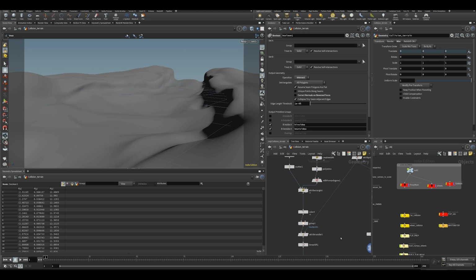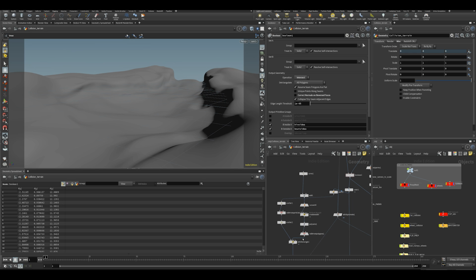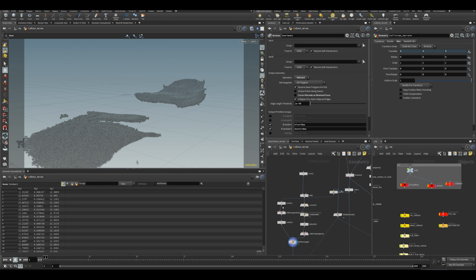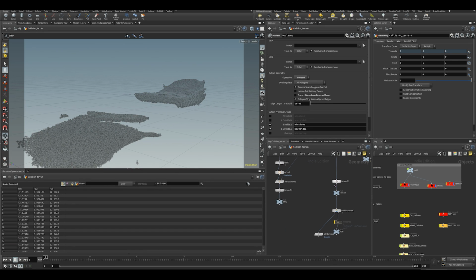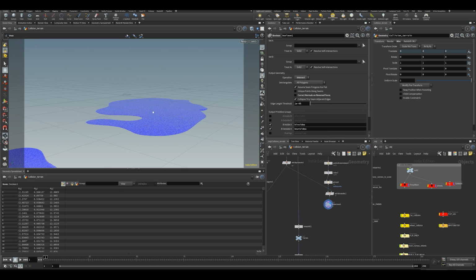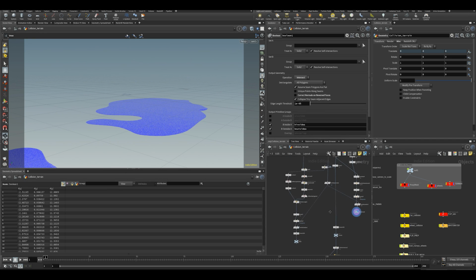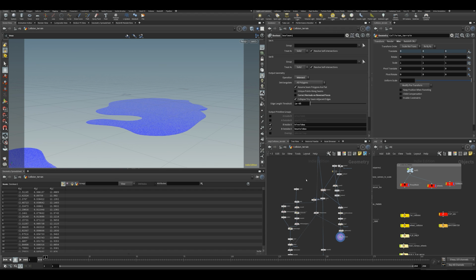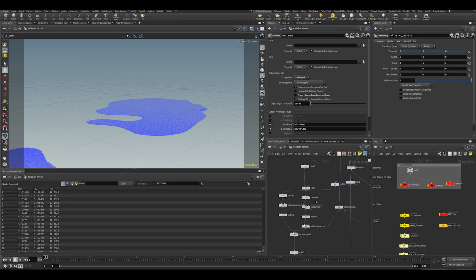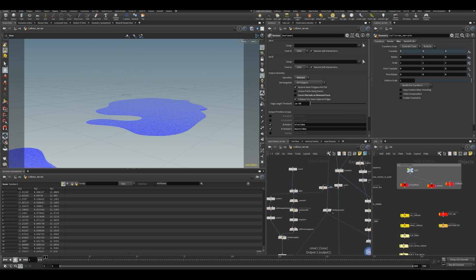So this is the mud part, and here on the other side we have the water parts, I think. So this is terrain, and let's go in here. So this is the mud part. This is the water part. Sorry again for that. So what I'm doing for the mud part, it's a little bit messy, but